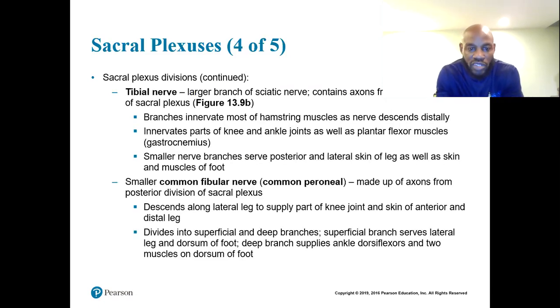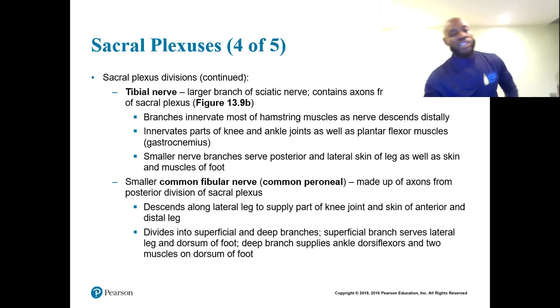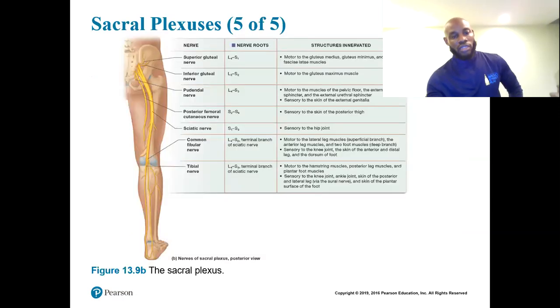All right, you also have tibial nerve, fibular nerve, right, which are branches of the sciatic nerve. So that's why you have issues with your sciatic. People say sciatica. You can have an issue in your back and you can feel it all the way down the bottom of your leg. Right? And that's the